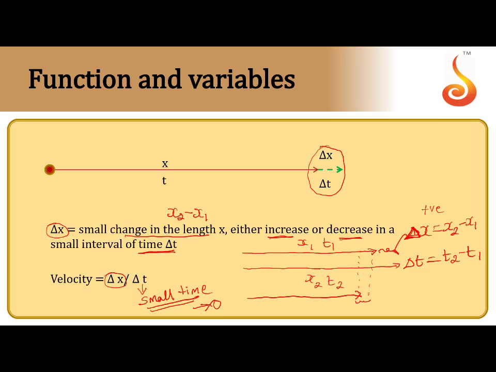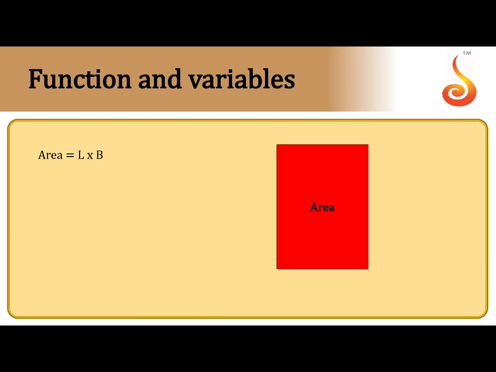To recap on this slide, I am trying to define two terms, delta x and delta t. Delta x represents a small change in the value of x. Delta t represents the small change in the value of t. That small change in t should be as close to 0 as possible but not equal to 0. Let's say for example,